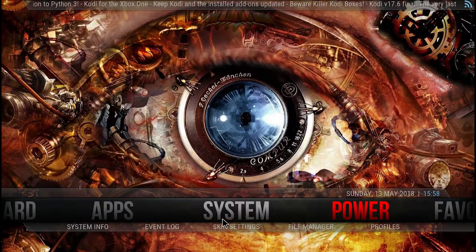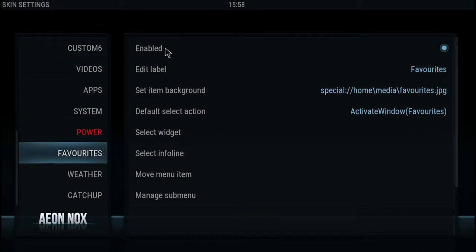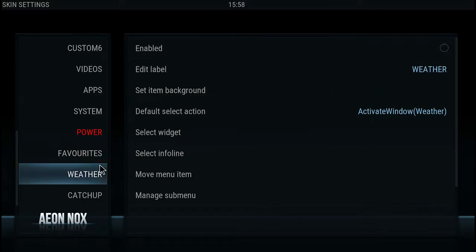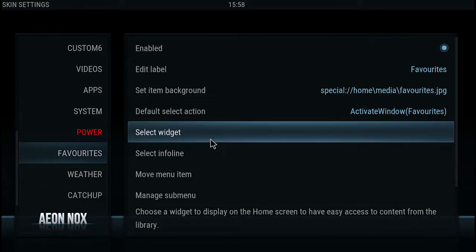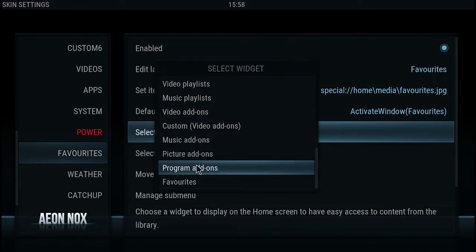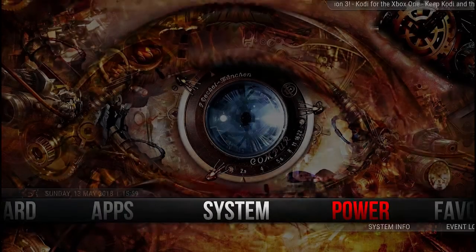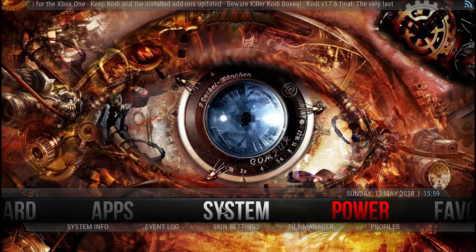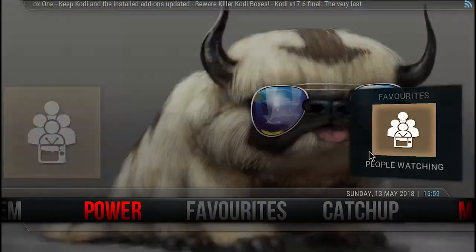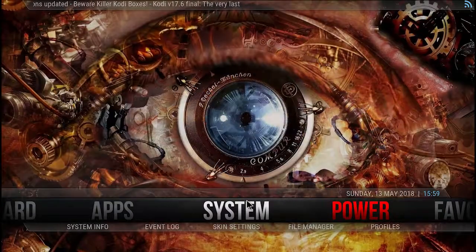Favourites is a lot easier. You just go into skin settings, skin setup, go down to favourites, where it says select widget, if you click on that, and if you scroll all the way down, you click on the favourites, come back out, and then you add, for example,